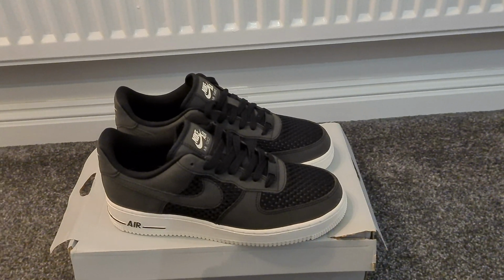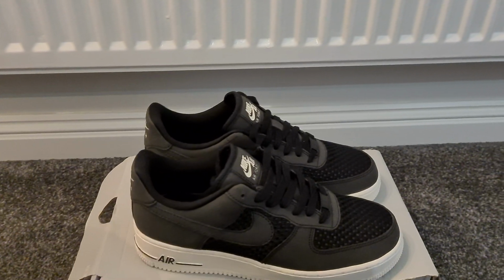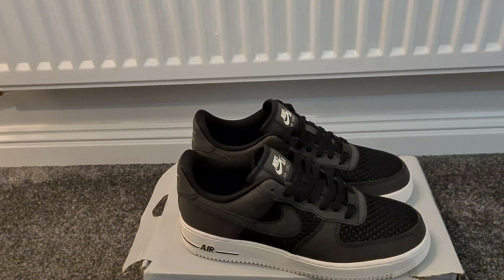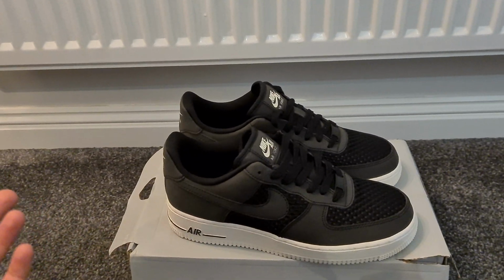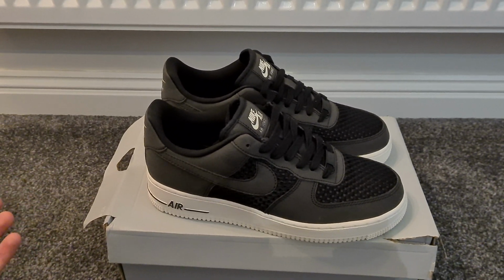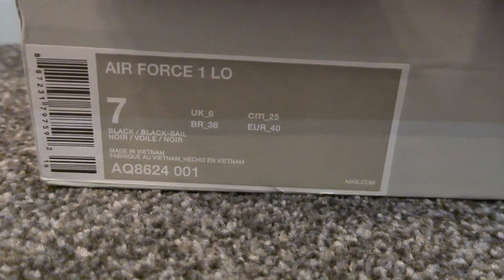Hey YouTube, so today we're going to have a look at the Nike Air Force Woven Black. Now this is a men's only pair and I really don't know why. They did do a peach colourway of this that was obviously women's only. I'd say these are a pretty unisex looking trainer. There's nothing on them that makes them particularly masculine, but if you look on the sizing, it's a men's only